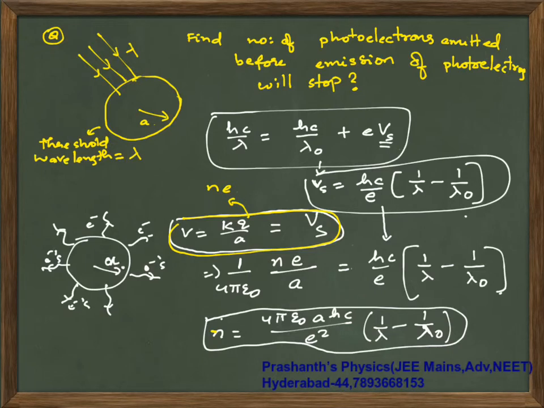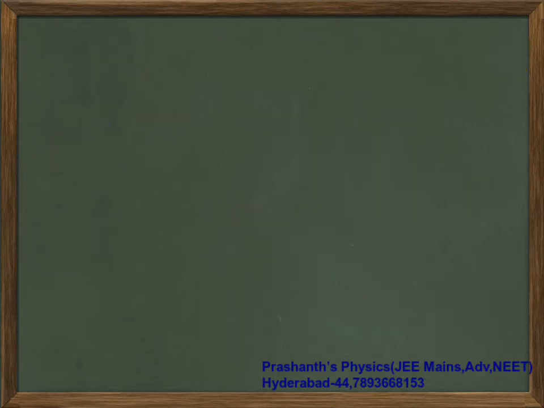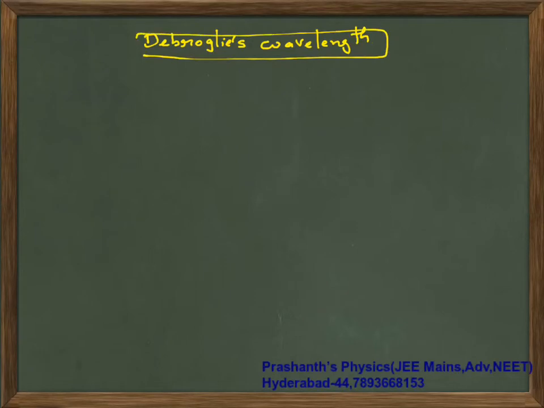Alright, now let's continue. The next part is, you will have basic questions related to de Broglie's wavelength. This you will study in chemistry, but still for physics' sake, I will explain how much is required. Now what de Broglie explained is that your wavelength is lambda equal to h by mv,